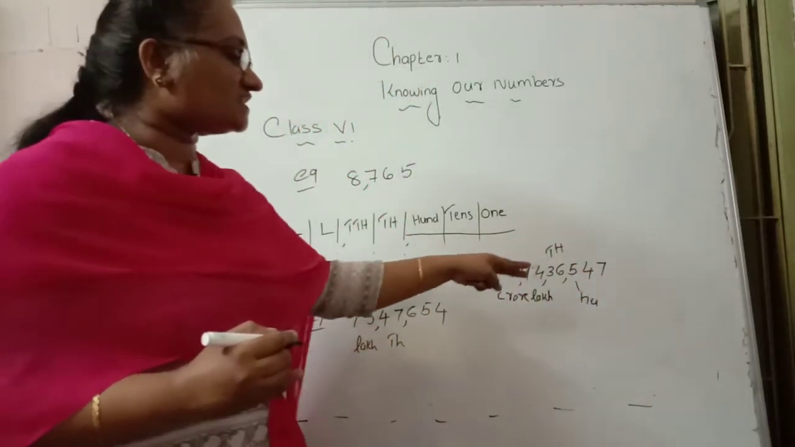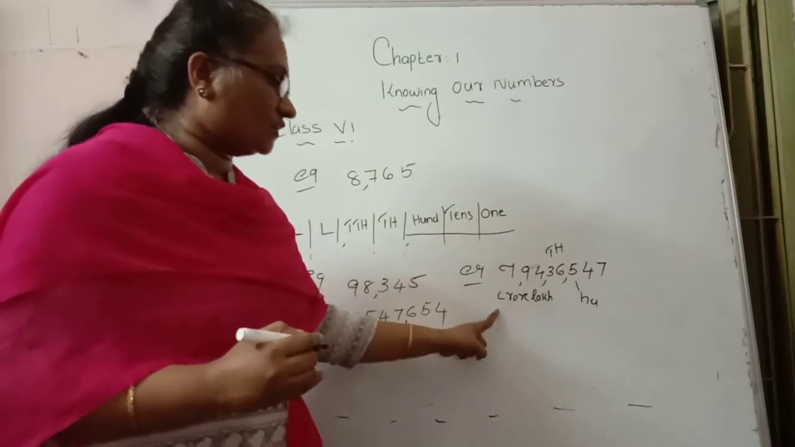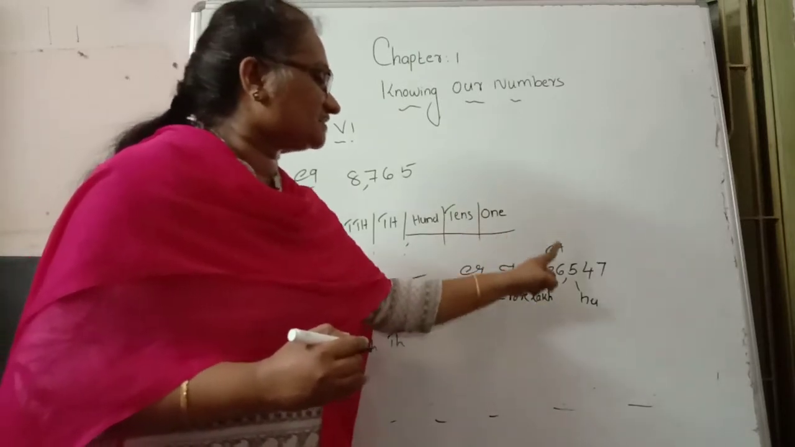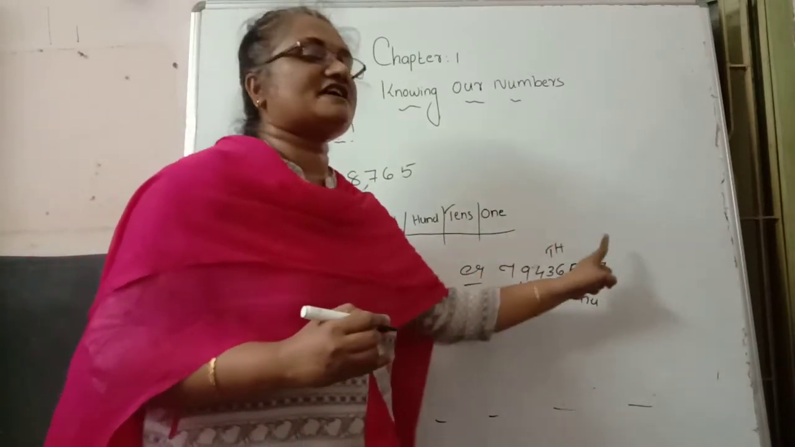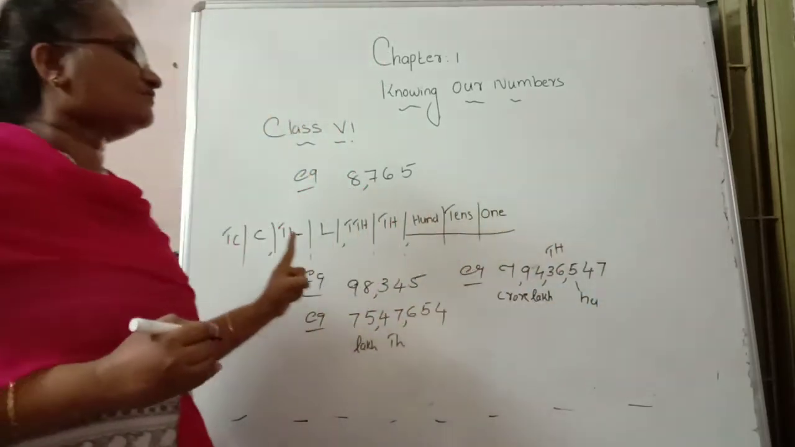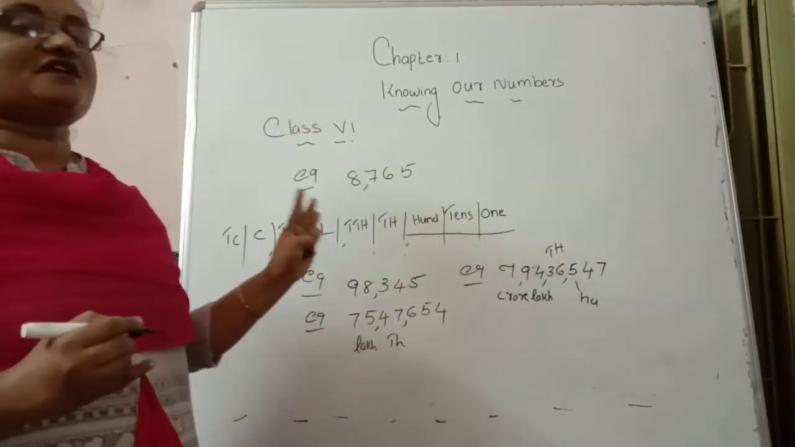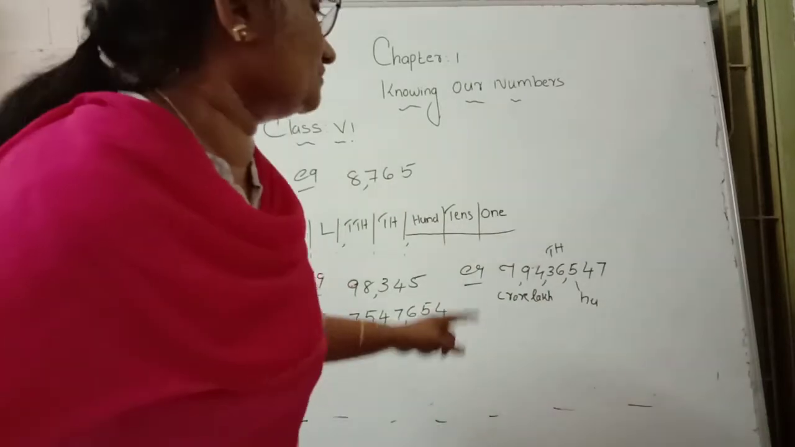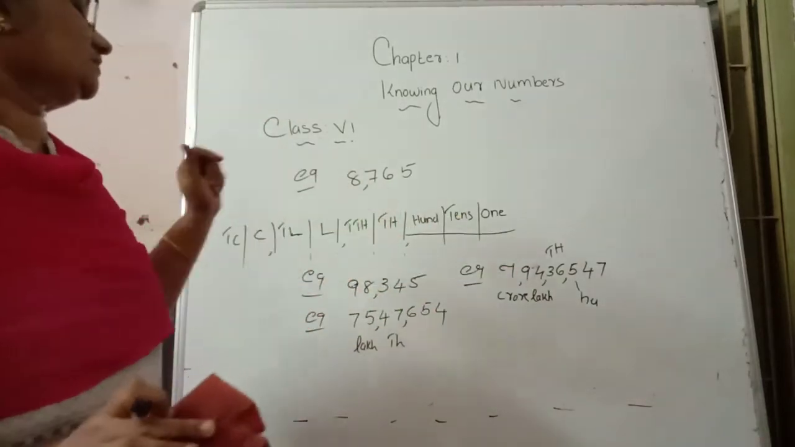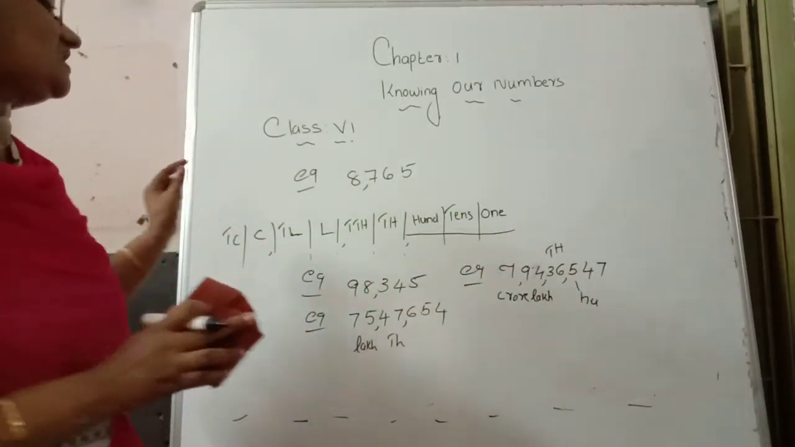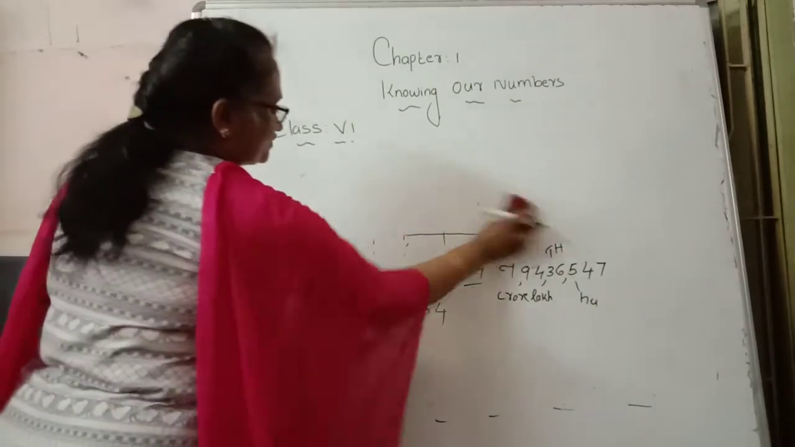So how to read this number? 7 crore 94 lakh 36,547 is the number name. I hope you can understand this, the name of the numbers, how to name the numbers. Then the next one is